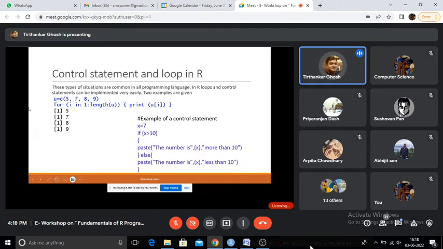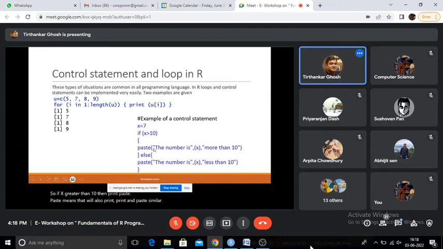Now in this particular control statement, what I was mentioning is that if x equal to, so we are going to print two messages. We are taking an input from the user, and we are going to print whether the number is more than 10 or less than 10. And obviously we are going to put the input also, that is, what the user has given. So here x equal to 7. So if x greater than 10, then print paste. Actually, paste and print are similar.